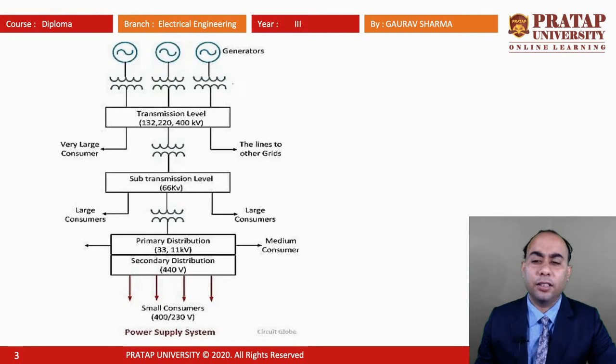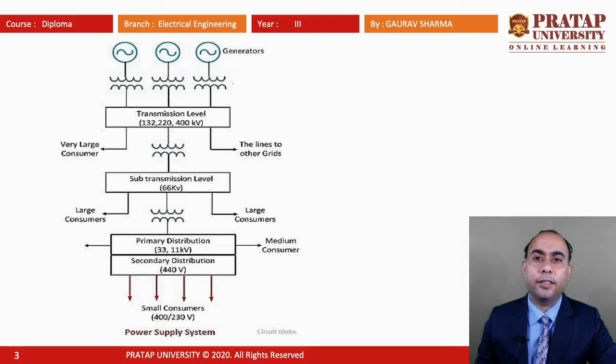After that, the transmitting voltage is stepped down to 220 kV. It is again at a transmission level, transmitted again, and stepped down to 132 kV,